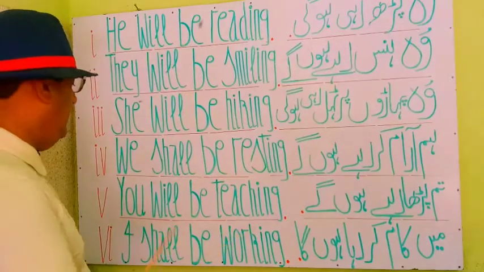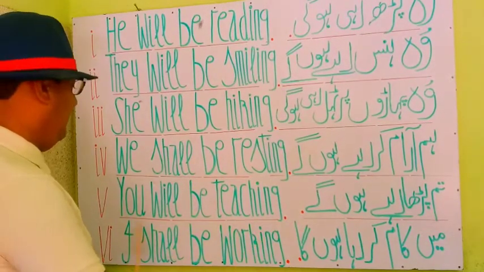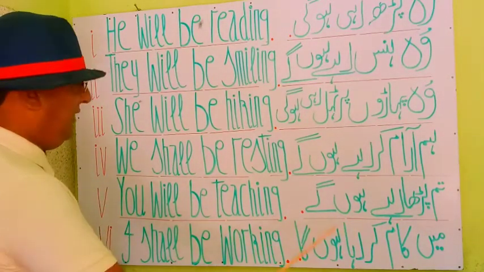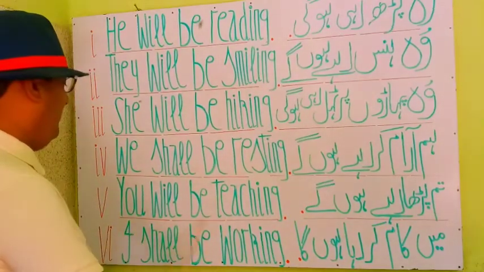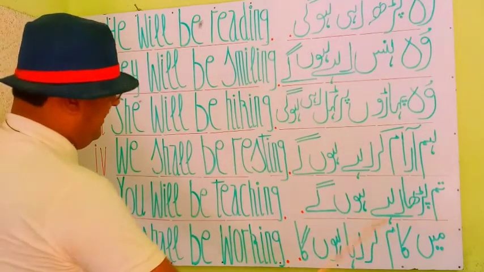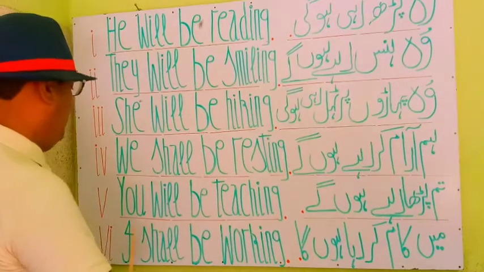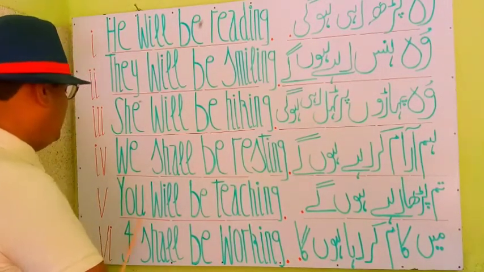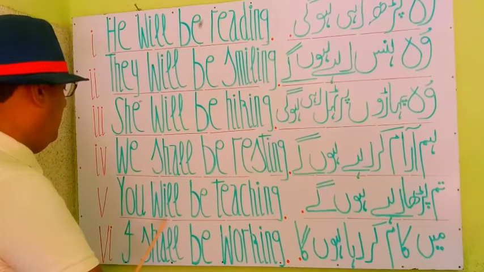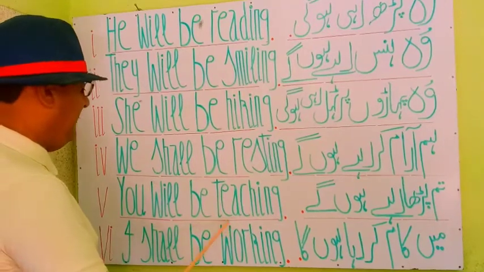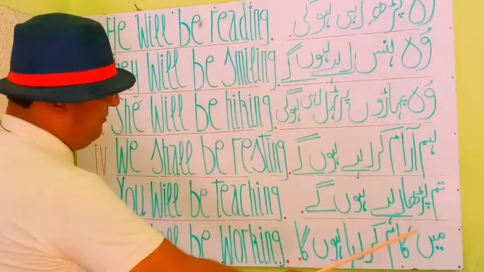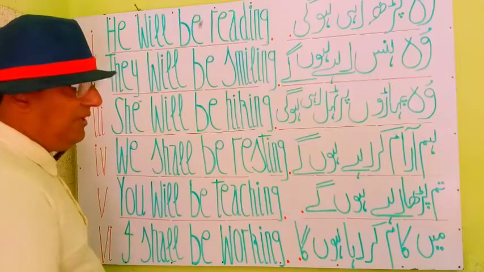आइए अगली स्टेटमेंट देखते हैं। Next is you will be teaching, आप पढ़ा रहे होंगे। Once again you see that you is a second person and a pronoun, and used as a subject in this statement. Will be is a helping verb, and teaching is a principal verb. आप पढ़ा रहे होंगे।